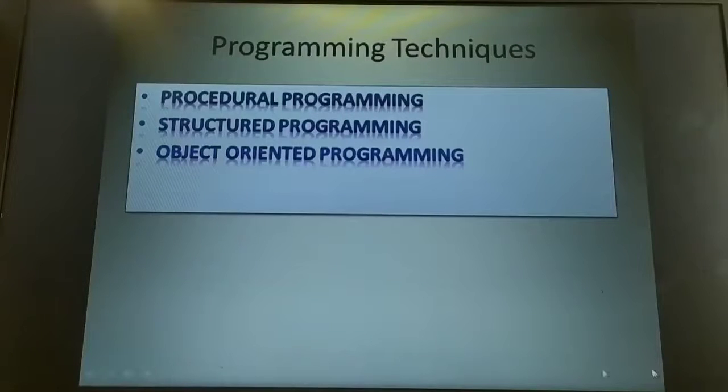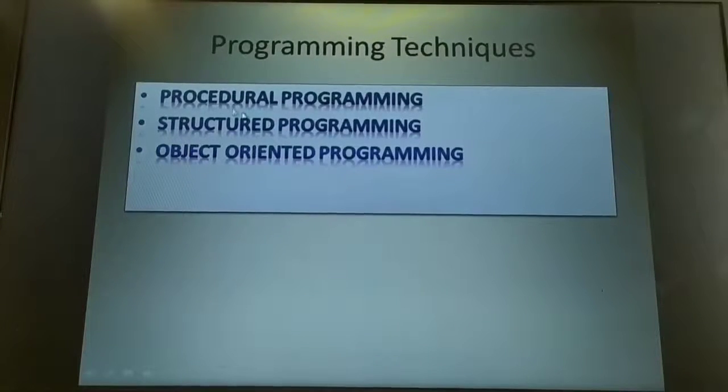So let us move on to a small introduction. We will see what was the need for having object-oriented programming when we had the procedural and the structured programming. So we'll have a glimpse of how procedural programming and structured programming were. The procedural programming technique was one of the simplest forms of programming technique, that had only one main function within which procedures were being written in order to complete the task.